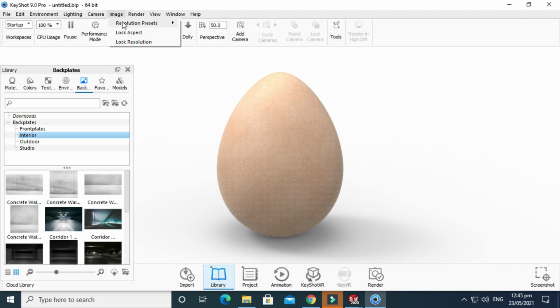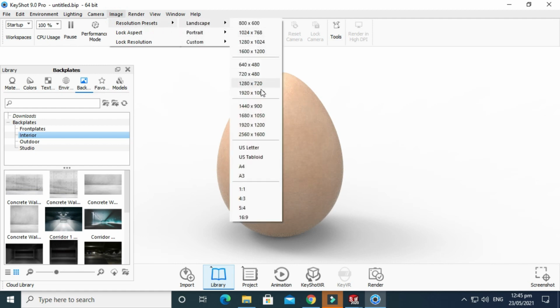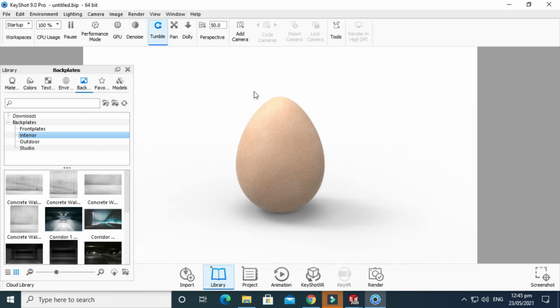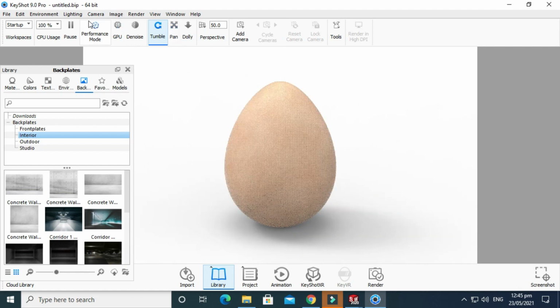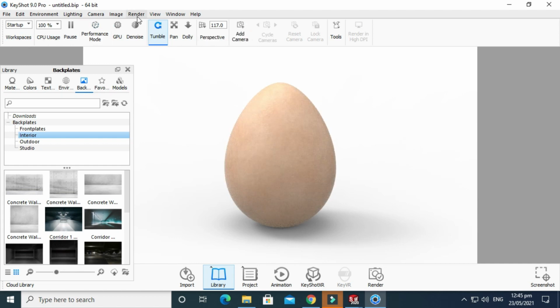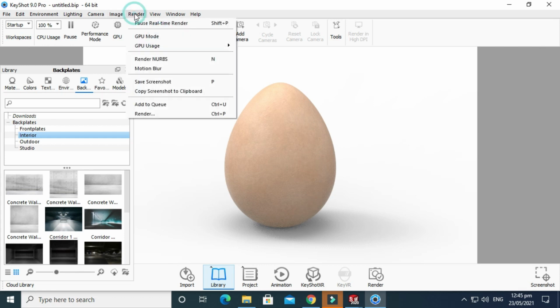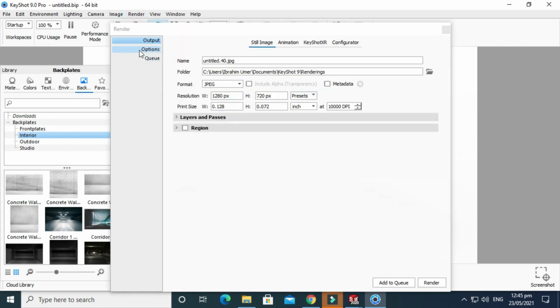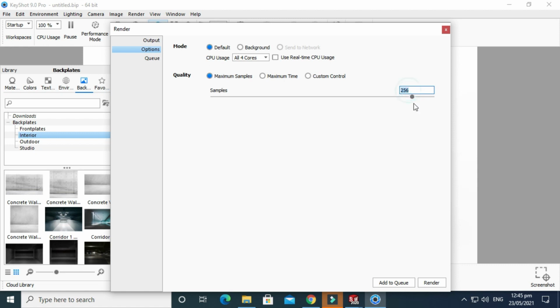Next I'll go to, let's say, image, and I'll go to resolution, and I'll select a resolution of 1280 by 720. And next let's say I'll go to perspective, and I'll make a perspective, I think it's fine. Next I'll go to render, and I'll go to options, and I'll change it to 1024, so it will be a time taking rendering.